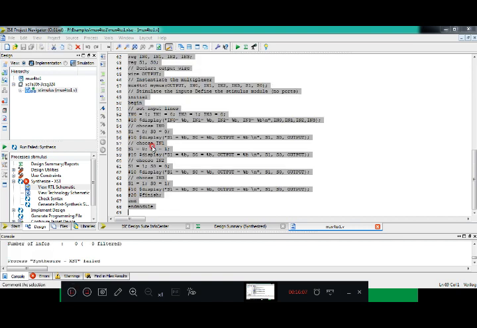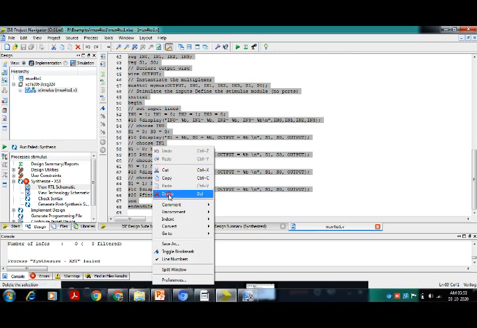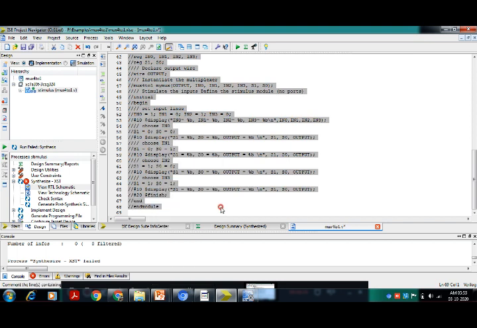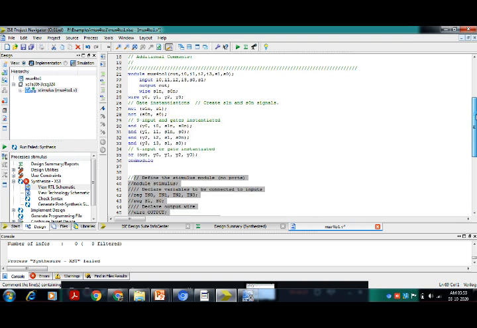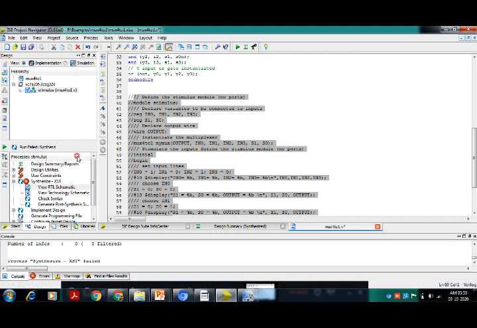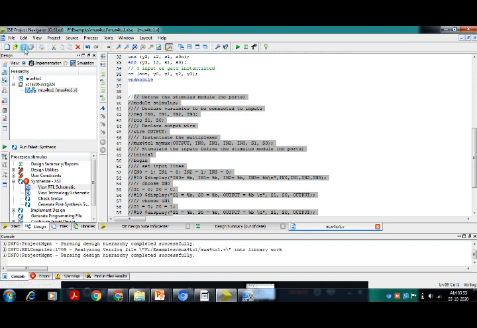The simulated code is not always synthesizable. In this case, the test bench written for simulation, we need to comment, and only the code that is gate level implementation need to be considered. Okay, so we have commented the stimulus block and we try to generate now. Only if mux421 is available, select that one, click on view RTL schematic.